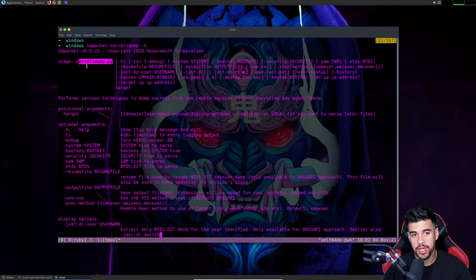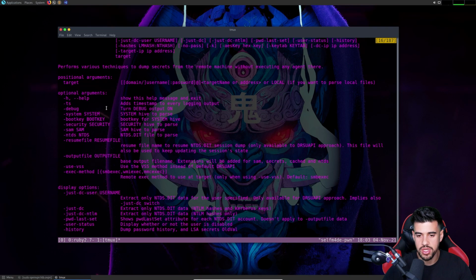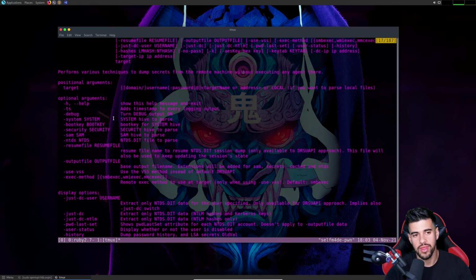With secretsdump, we can actually dump the SAM database remotely. Now, what is the SAM database? Think of the SAM as basically the Windows version of the etc shadow file. If you're familiar with etc shadow in Linux, that is a file that holds all the password hashes. The equivalent for Windows: if you can get the SAM, in most cases you can get all the hashes. It's also important to know, similar to the etc shadow file,